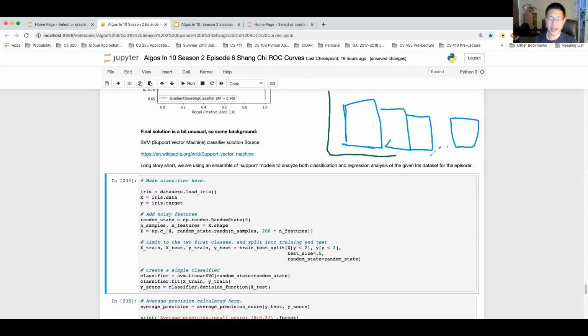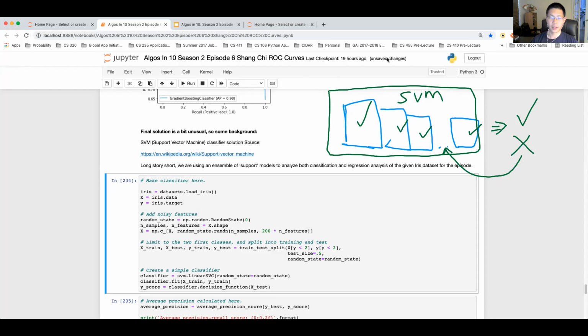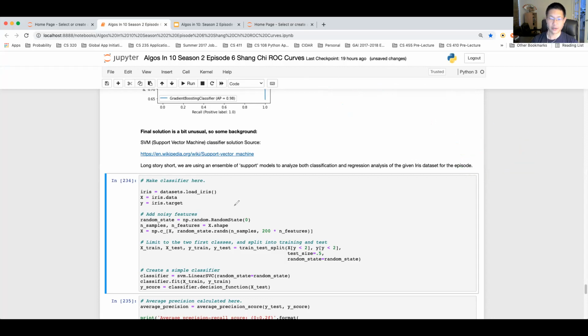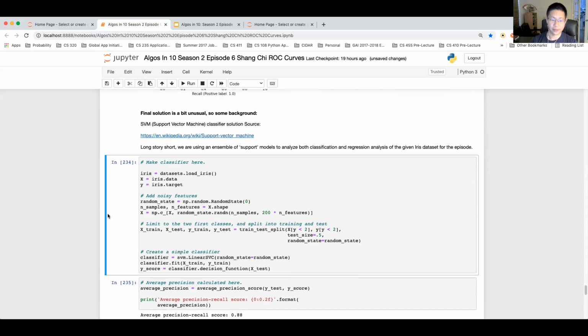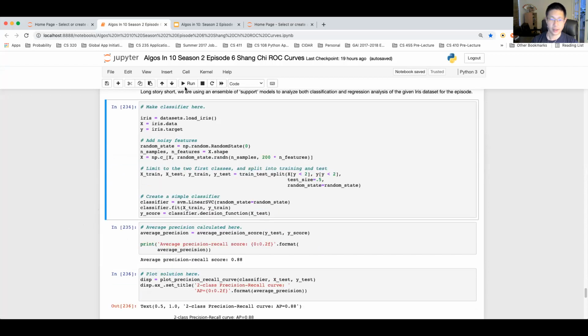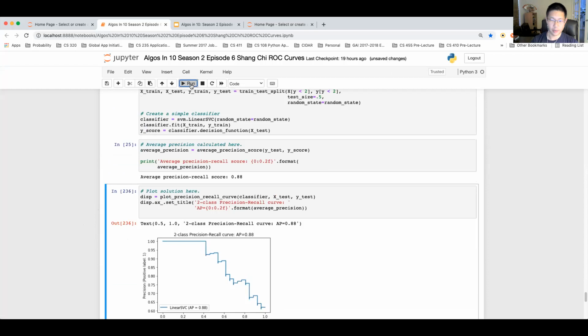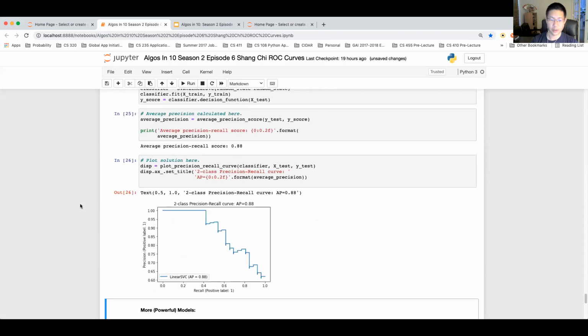The machine basically has a box of different models, the SVM machine. And what we basically do is we check for each of the models, does it actually run in an ensemble? If it runs, we are good. If it does not run, we're going to go back to the previous ensemble value. So for this particular machine, you have to be very careful with where you're putting things. Luckily for us, we only have one ensemble for this particular support vector machine. So if we keep on running this, it'll basically give you a precision score of 0.88.